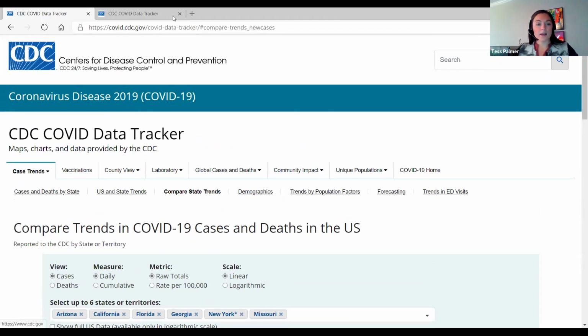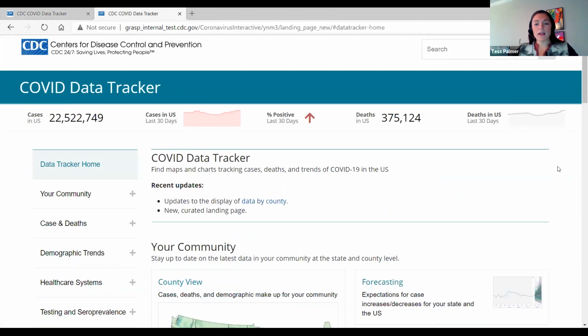So now I am going to move into our sneak peek. This is a sneak peek of the landing page that we are currently working on for COVID Data Tracker. We designed this landing page with the user in mind. We want to make sure that when a user comes to COVID Data Tracker, it is as easy as possible to find what they're looking for and maybe discover some things that they didn't know they were looking for,